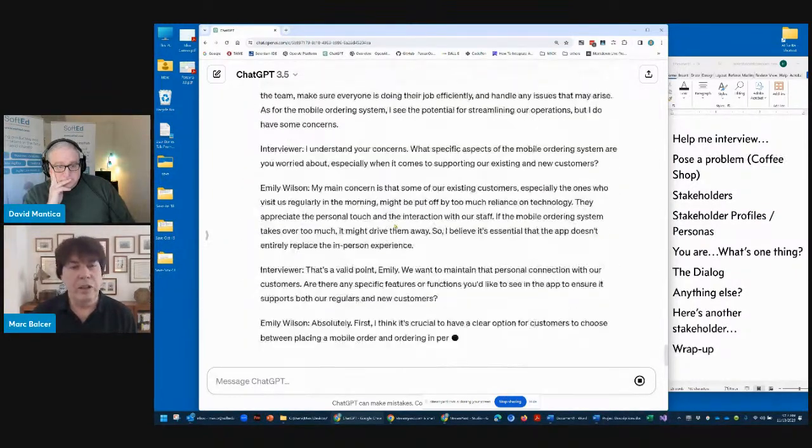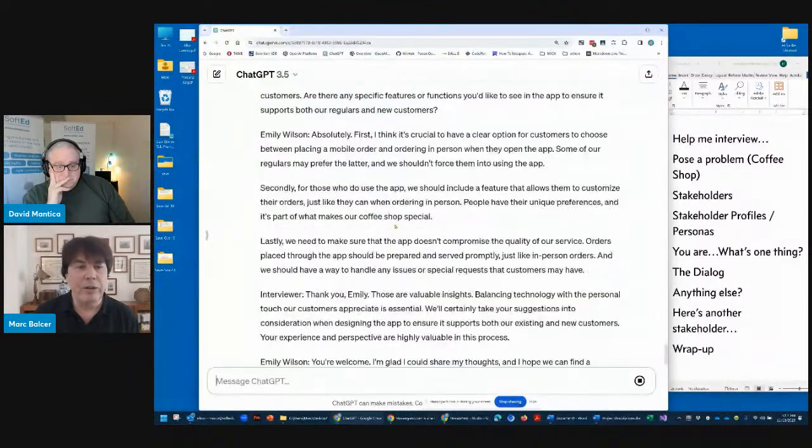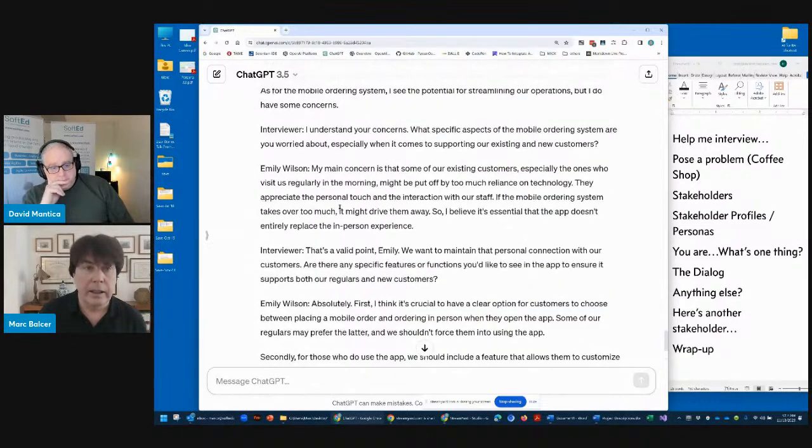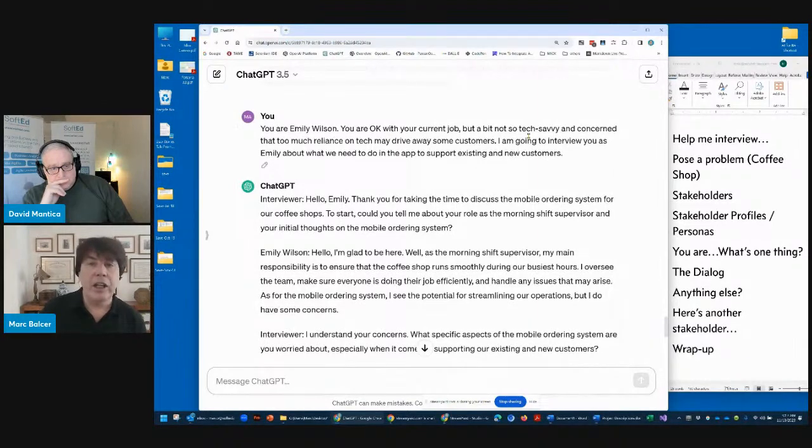And so now here, what's interesting is it actually went through and created a dialogue. This is a little different from what I was expecting. But then again, one of the things, just a little bit of a, hey, this is cool, and a bit of a rant at the same time, is that the folks behind these generative AI agents keep changing things, keep making improvements and changes. And so what I might have seen two weeks ago may not be what I'm seeing right now. So, for example, here it actually